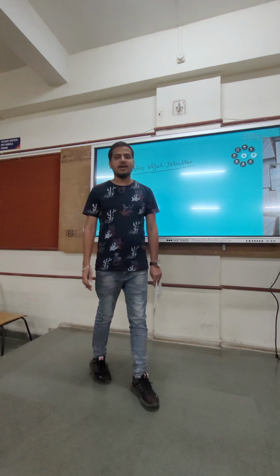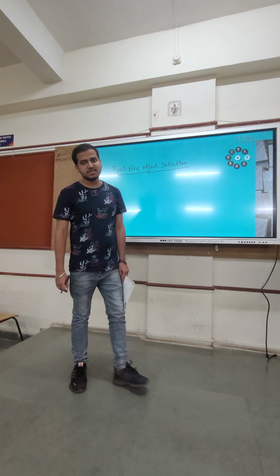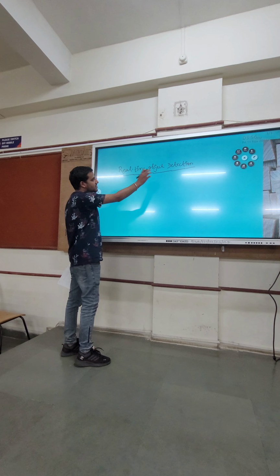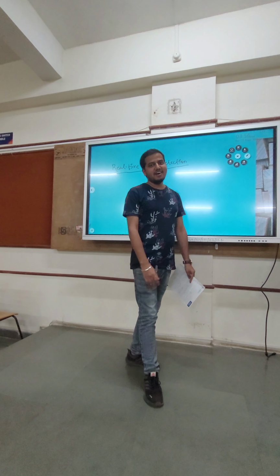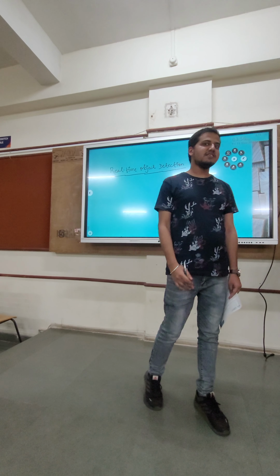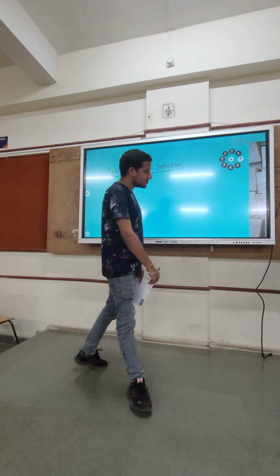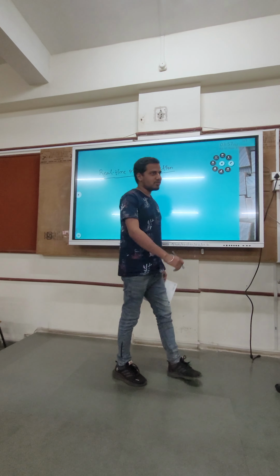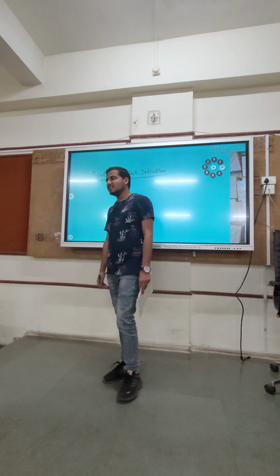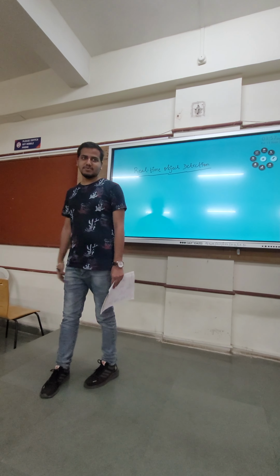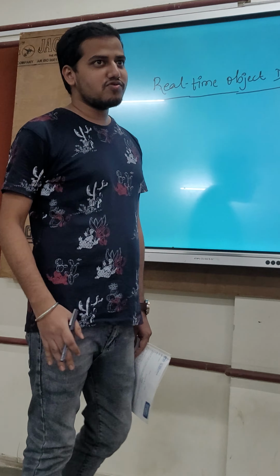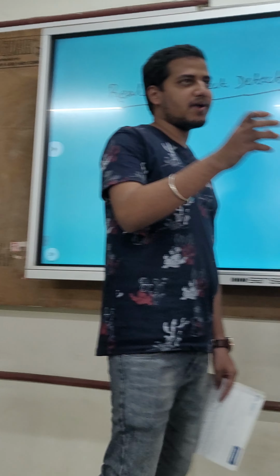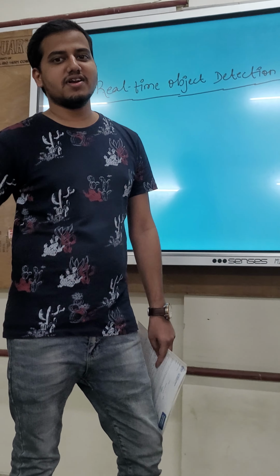So hello friends, as you all are aware, my project is about real-time object detection. So what is real-time object detection? It is basically detecting an object at the real instance. Suppose we are going on a road, walking anywhere, and suddenly some object comes in front of us, or we see some object nearby. So we can detect that this object belongs to a particular class.